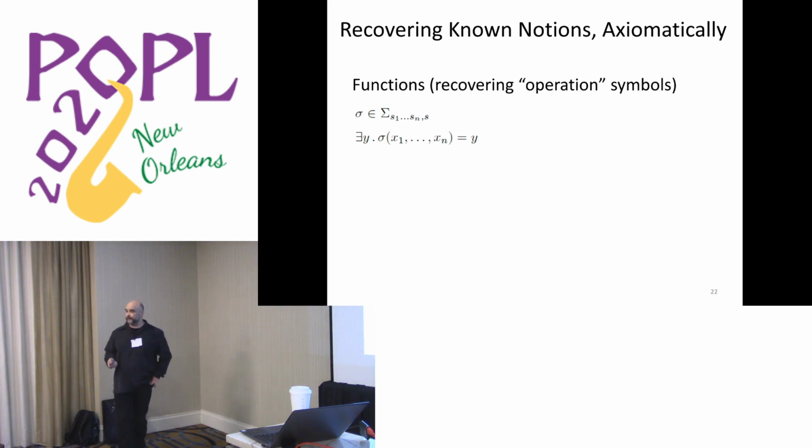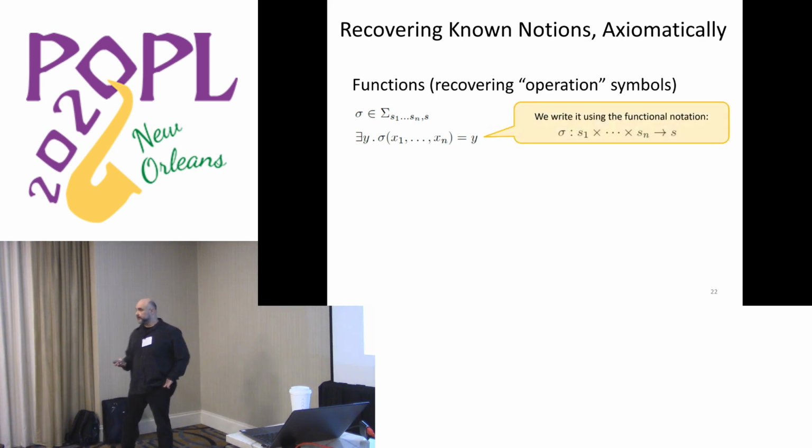Also functions. We don't have functions yet, so we wonder, how can I define a function? A function can be defined now in a very naive way. You say that there exists a y such that sigma of x1, ..., xn is y. Because y is an element variable, it is interpreted as a singleton. So that's saying that sigma will be interpreted as a singleton. It's a total function. And actually in K and on paper, we write them exactly this way, but this is just sugar for this axiom.